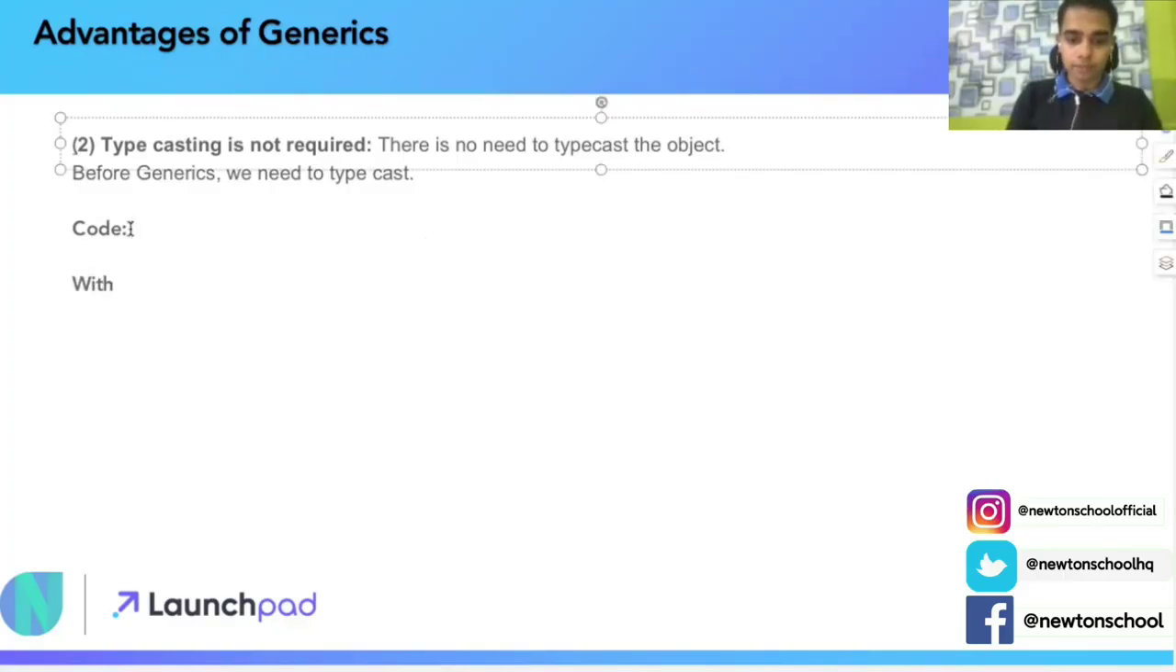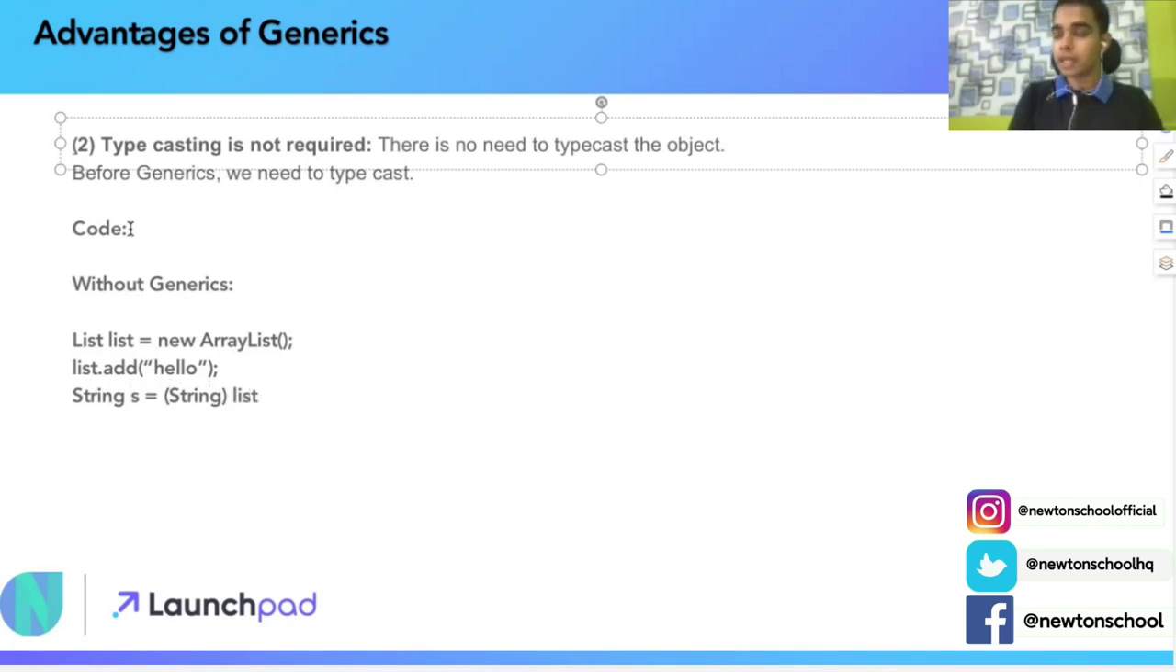If there were no generics, I would have to create something like a list. I would add the value, a string here. Since I already know this is a string, I still have to typecast it. Why do I need to typecast this? Because it could have contained other data types as well, integer or character. So in order to get it, I needed to typecast it when there were no